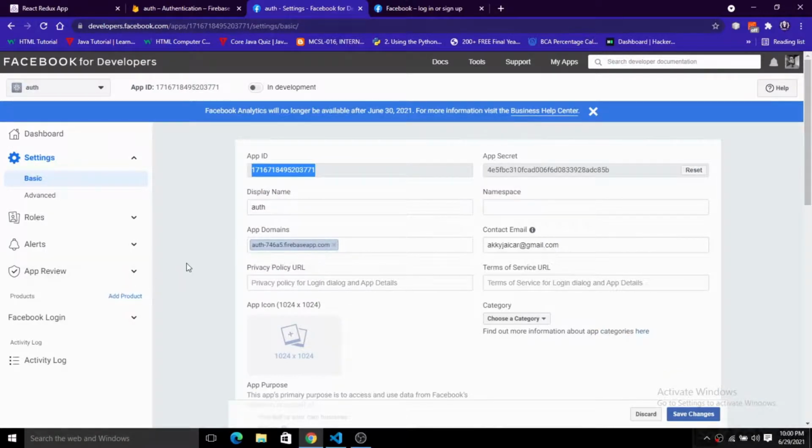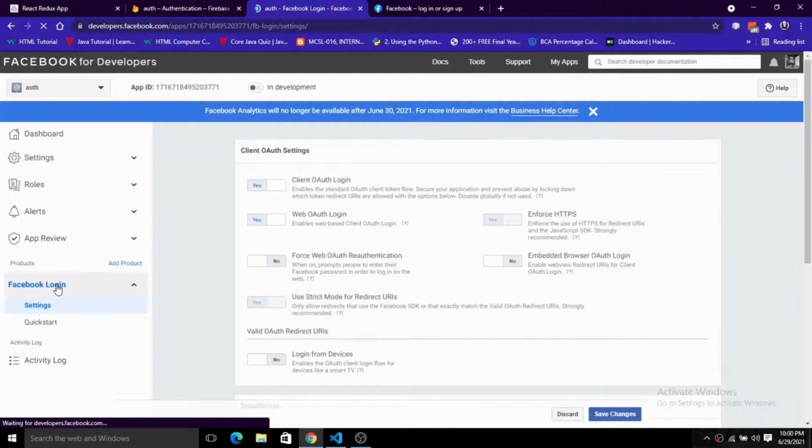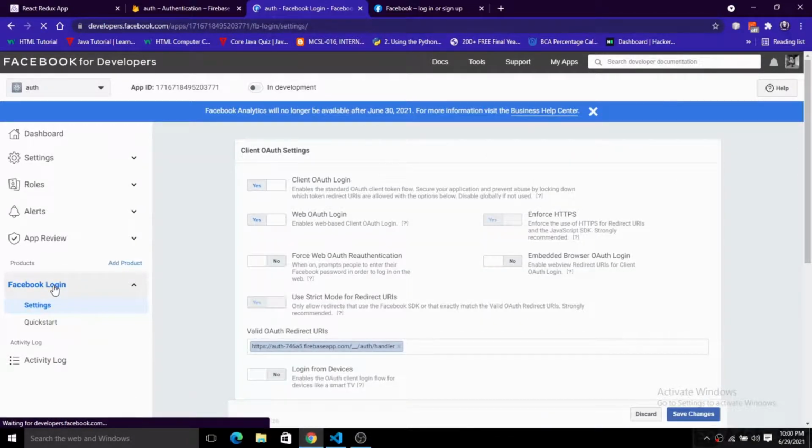And one more thing, you will get an error. So for that, you have to do one more step, which is very, very important. The step is that you click on settings, and inside Facebook Login, in the left sidebar, you click on these settings, and here in the settings you also have to put this link in the valid OAuth redirect URI. So that's it. This is the whole setup you have to do initially, prior to doing any coding directly in your project.